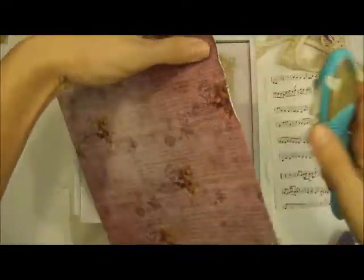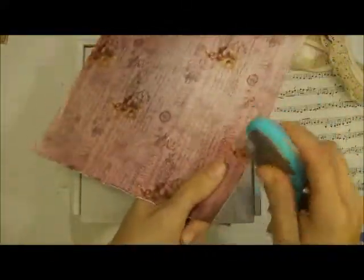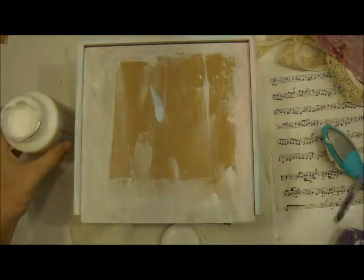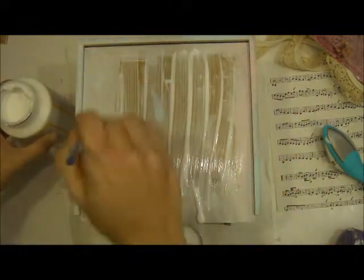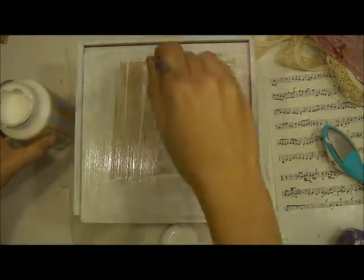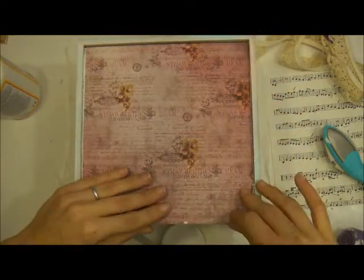And now I'm going to work on the top of it, and I'm going to use one of the beautiful pieces of Fab Scraps paper. I've cut it to size, and I did gesso around the edges of the box lid so that if the paper fell short in any areas, there's a nice white background instead of the wood coming through. And then again, I'm just going to use Mod Podge to adhere this down. Okay, so I'm just placing my paper down, and I'm going to pull out some vintage crocheted lace from my stash